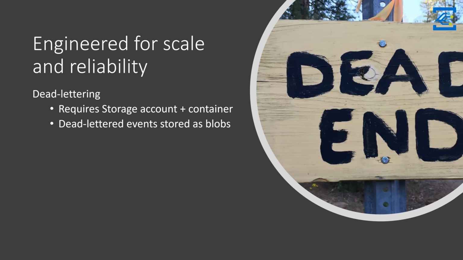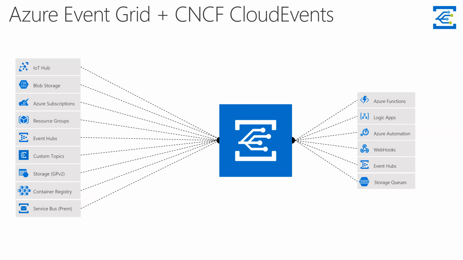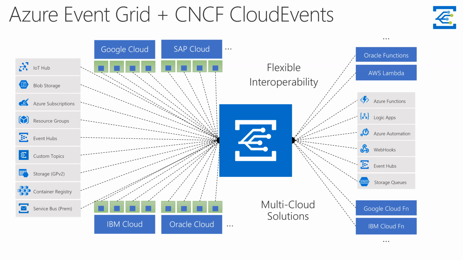That's the important thing. Now, when we're talking about Event Grid and CNCF Cloud Events, what it does, it opens up the possibilities, not just leveraging Azure, but also other clouds. Because CloudEvent is an open format and agreed upon by all the vendors, major vendors at least, you could be publishing your events from GCP or from Azure and consuming those either in Azure Functions or AWS Lambda. So the interop between various cloud providers is becoming a much better story, right?